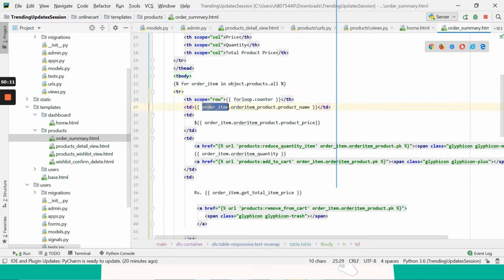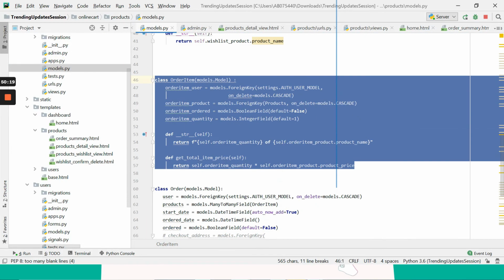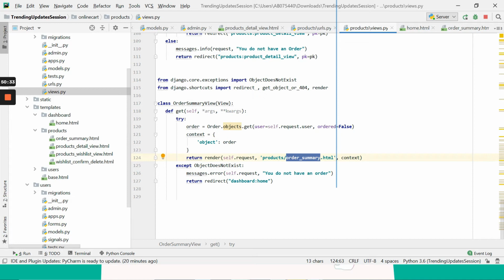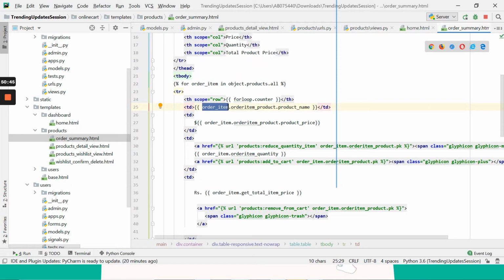And then order item. Order item is the order item model inside which you have order item product. Now if you come to the model, you see order item product is there as a foreign key, and the product. It is working in this fashion. First there is the product table, then order item, and then the order model. It is displaying in this format. Take the first order item, then order item product, which is a foreign key for the product, and then from the product model it is displaying the model name.